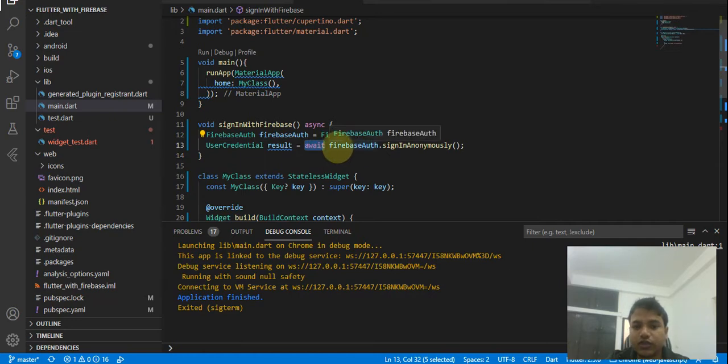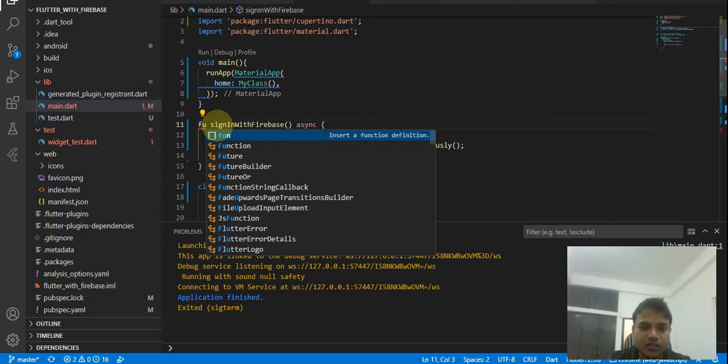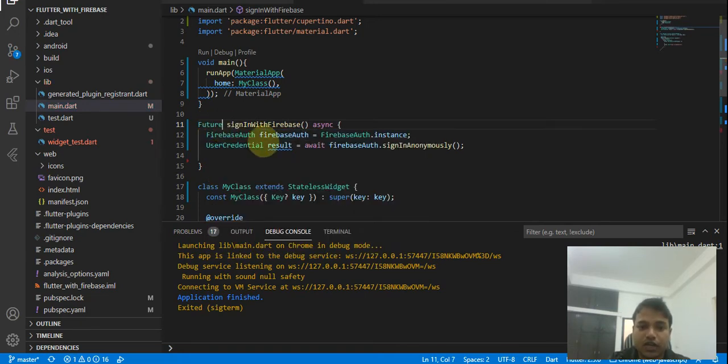If the next line of code runs before that, it will produce a null exception error, because the result is null. So we have to hold the code here when it's called, and once the result comes back, it should run the next line. That's what await helps to do. Hope you are aware of threads and coroutines. If not, please watch a related video on YouTube, so that you can understand more easily. As we are using async, it will return some data in the future and take some time. So that's why we have to use the Future keyword here.